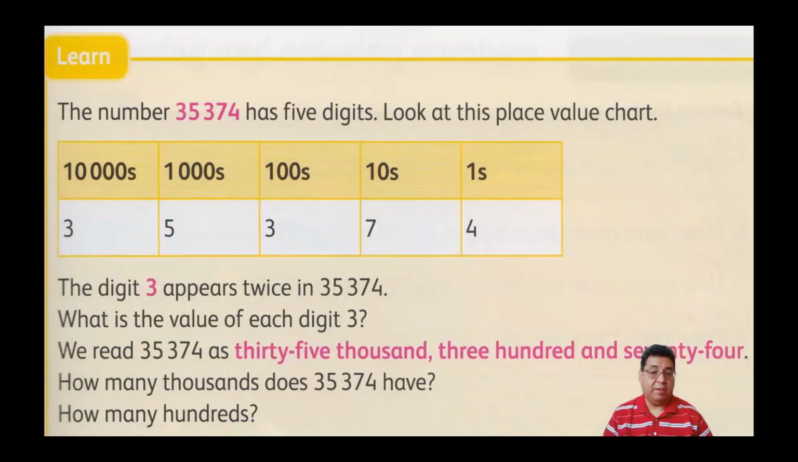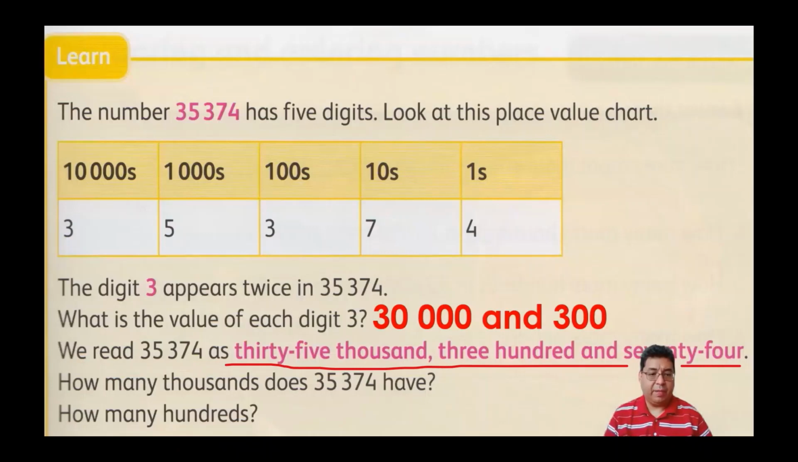So what is the value of the 2 digits here? Well, they are 30,300. And as I said earlier, we read 35,374 as what I've just underlined here. And the question is, how many thousands does 35,374 have? Okay, so just think about what we did previously and keep that same idea when you're answering how